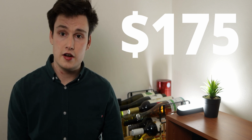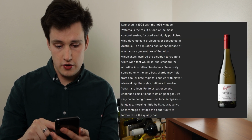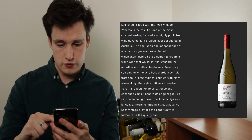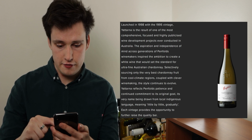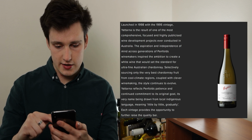The Yattarna Chardonnay 2019 is Penfolds' flagship white wine, and it is built to last, and it follows on from a strong 2018 vintage Chardonnay. So Yattarna Chardonnay was launched in 1998 with the 1995 vintage. Yattarna is the result of one of the most comprehensive, focused and highly publicised wine development projects ever conducted in